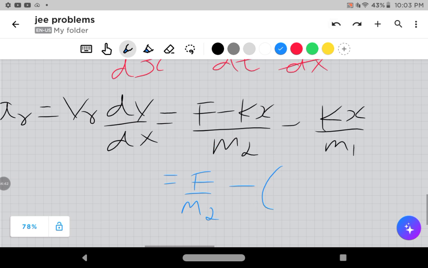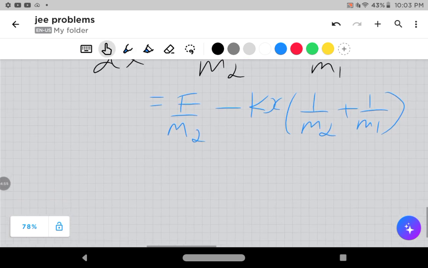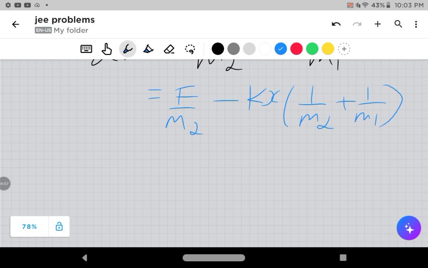If I take kx also common from both the terms, minus kx, then it is 1 by m2 plus 1 by m1, because this minus goes inside. Calculations you might get it. Then which is equal to